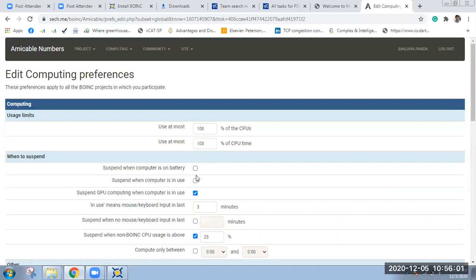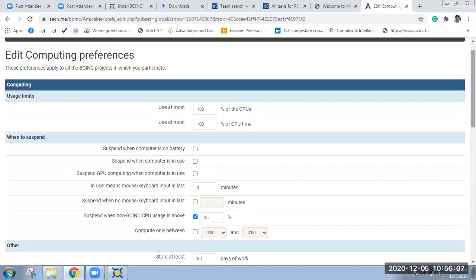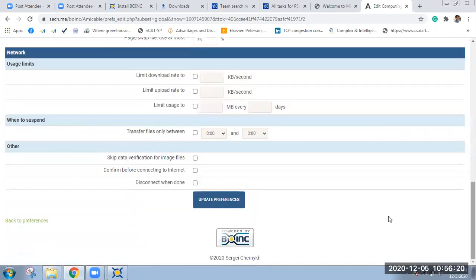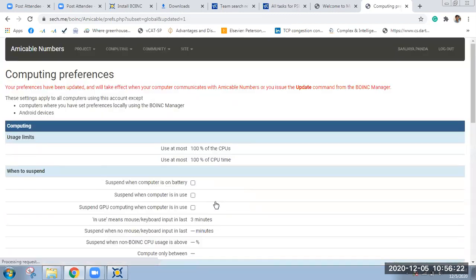Now you can suspend GPU. I don't have a GPU in this computer system. Okay, suspend when non-BOINC CPU usage is above 25%, notified. Using mouse keyboard input in the last 2 minutes. So similarly, you can give your preference so that based upon your preference, they are going to use your computational resources.